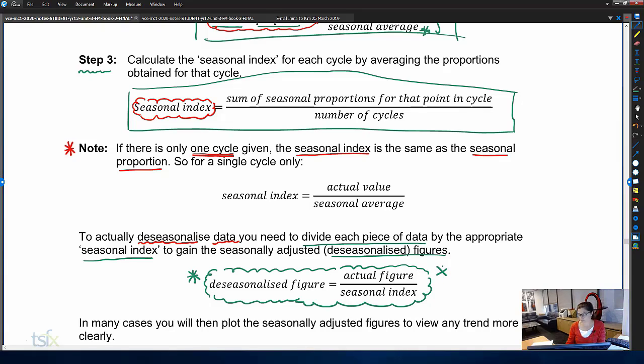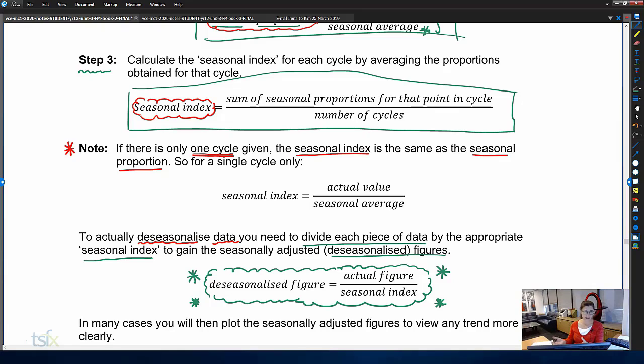You get given a formula sheet in the exam. This particular equation is listed on that formula sheet, but as you will have your notes in both exams, I would assume that you'd also have this written in your own booklet of notes, because it's a very important relationship to be familiar with. So once you've gone through, divided all of the original data by the calculated seasonal index,